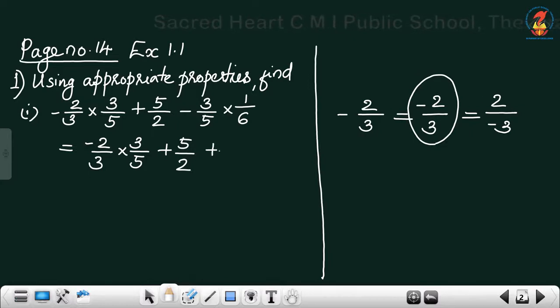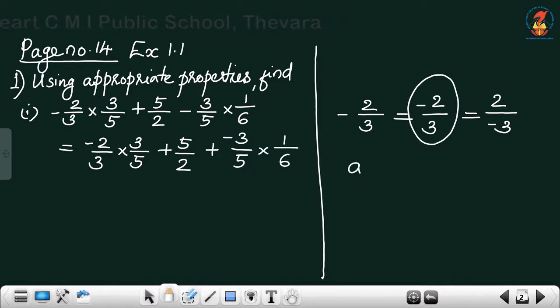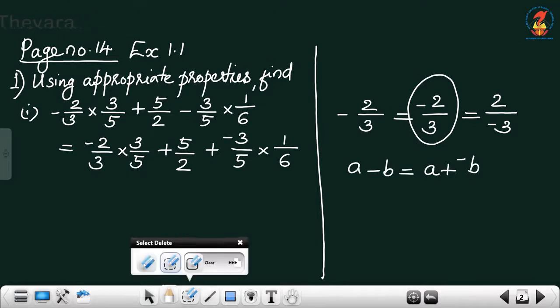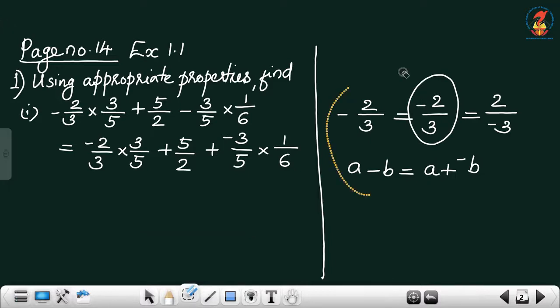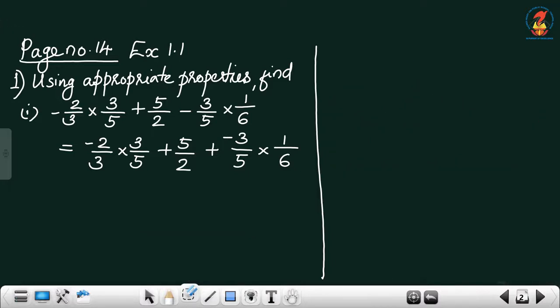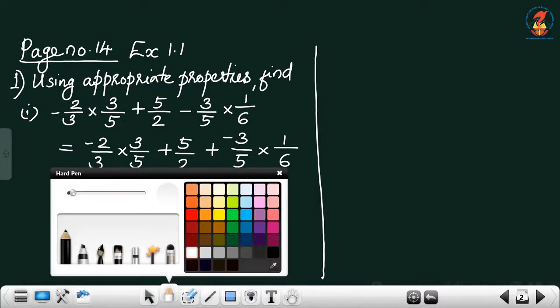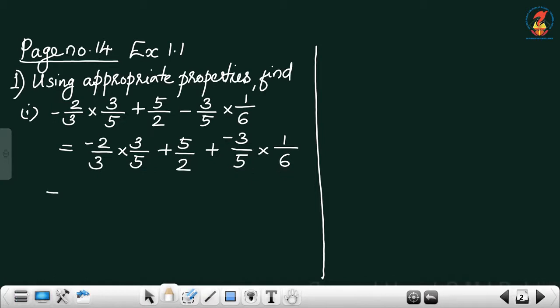We can write like this: plus negative 3 by 5 into 1 by 6, because you know that A minus B means A plus negative B. Then equal to